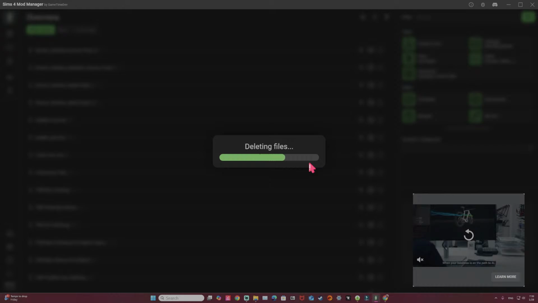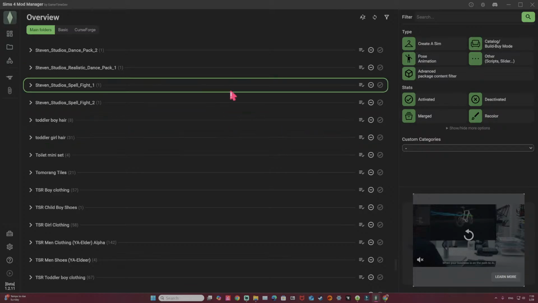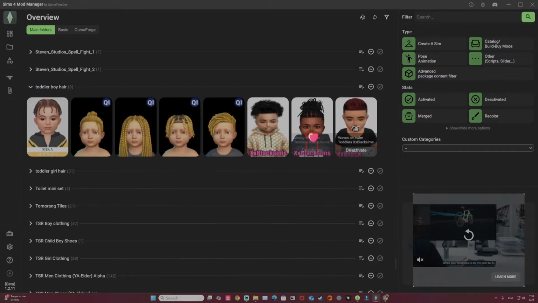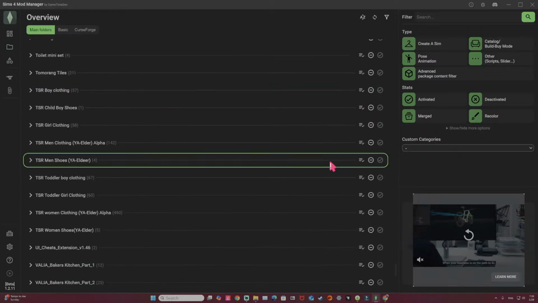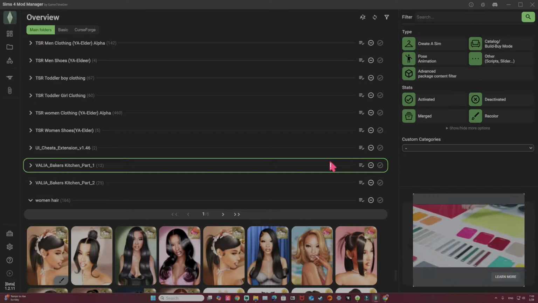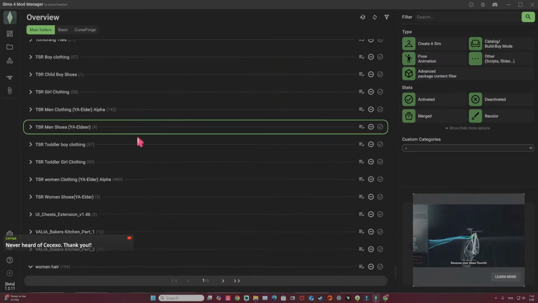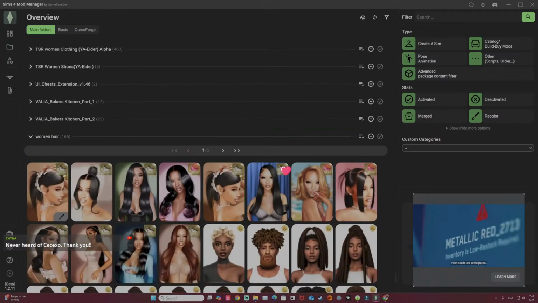I might get rid of some clothes, but y'all, I can't get rid of my build bag, because when I lost all of my files, when we had that big update, I really built up my build bag the way that I really wanted it, and I'm liking it right now. So like Tyler Boy hair, I don't have a lot of it, so I'll leave that. And then I do have like TSR women hair. I have it really weird. I don't know why, but